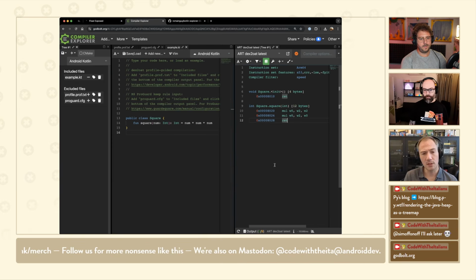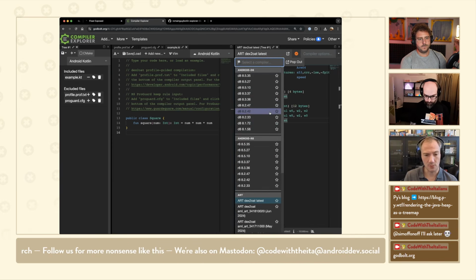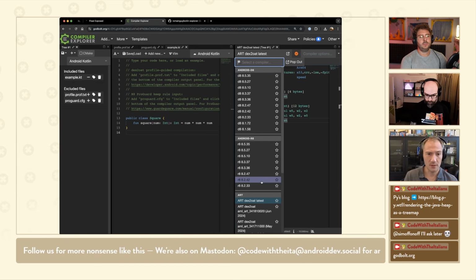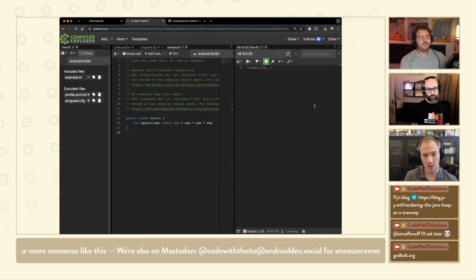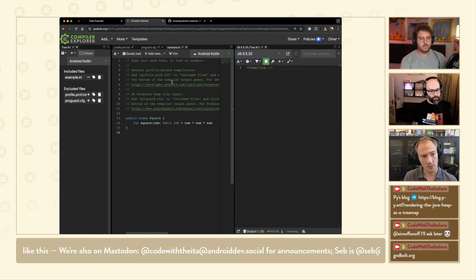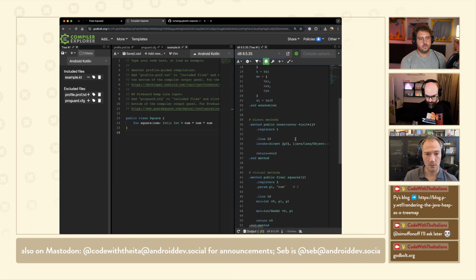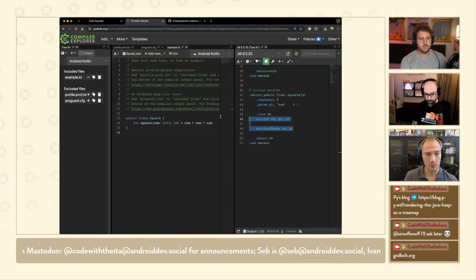Anyway, here you can choose your compiler. So you can choose to run just R8. You can look at D8. So if we pick D8, we should see the DEX code, not the ARM assembly code that ends up on the device. Anyway, it's super useful because that tool is available in your web browser, so very easily accessible. Yeah, here's the DEX code, the current DEX code for what we are doing.